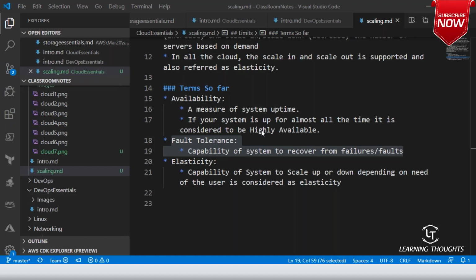Does it mean that the load balancer itself will create extra servers and delete servers as per the user requirements? No, sir. It is not the load balancer who creates. The load balancer is like a traffic cop. It can only send the traffic to whatever is available. If it is not available, it will not do anything. All right. Am I clear or is there any confusion so far?